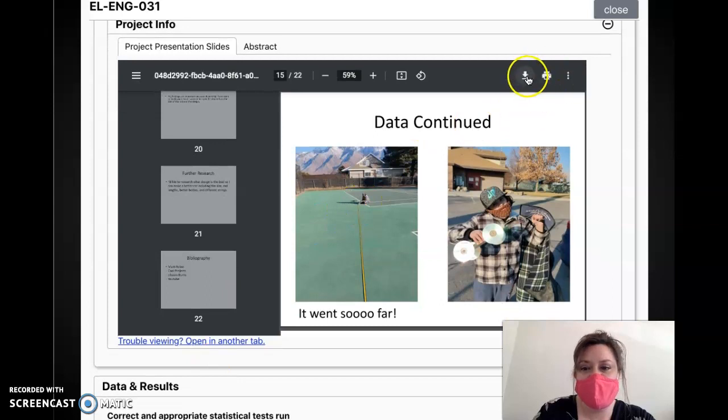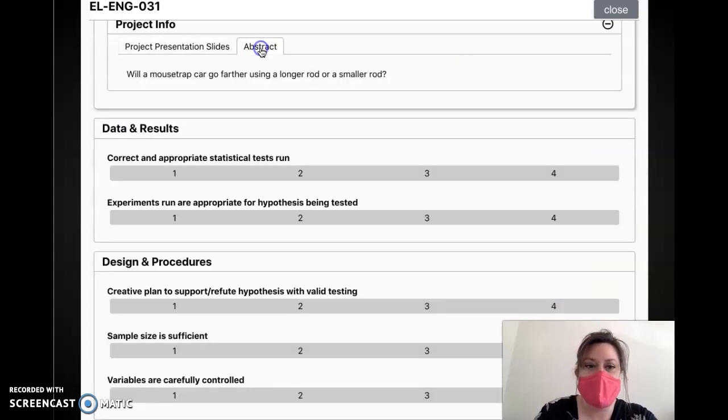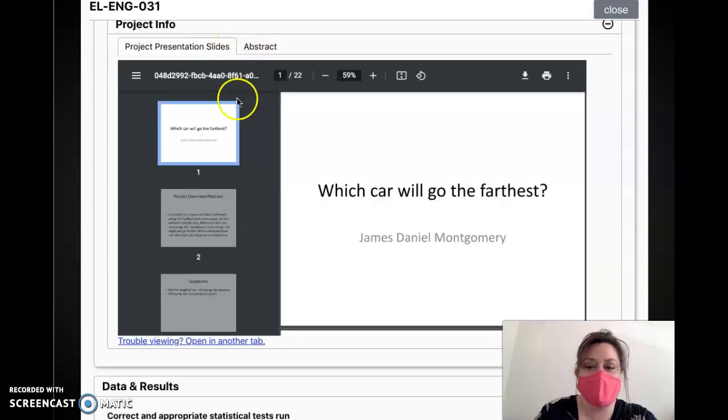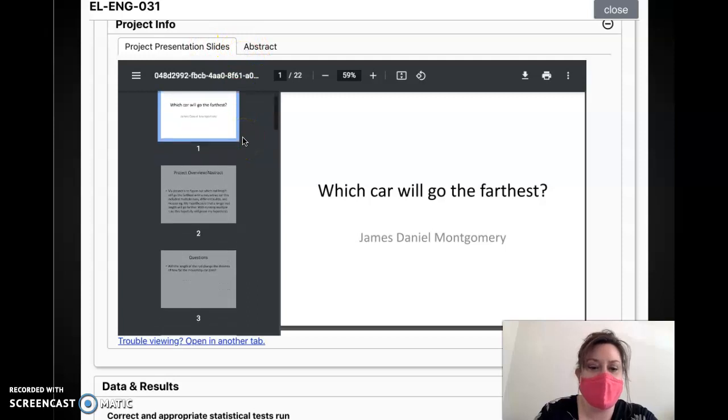You can see here Monday morning when the judging assignments have been finalized, you could download these so you could have them open during your judging interviews. Again, you'll have 4 projects that you will be looking at. So the students will have both of those pieces ready for you by Monday morning.